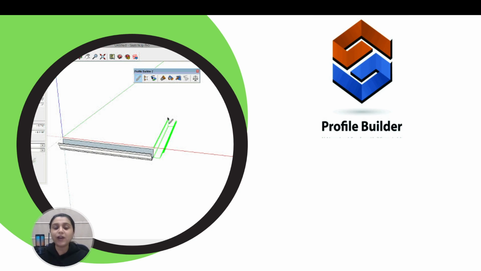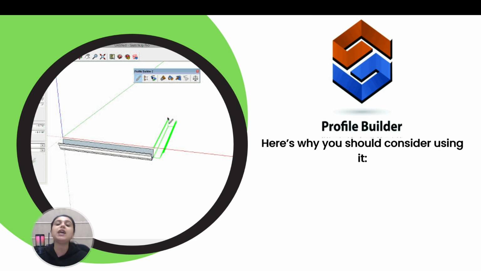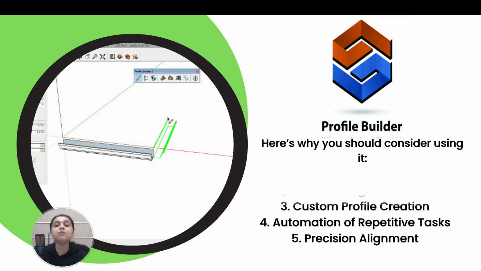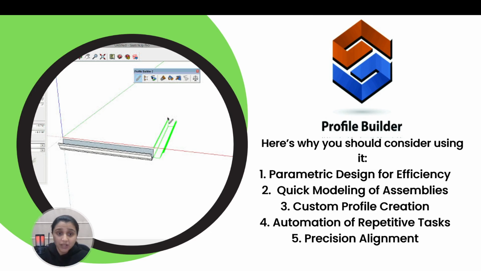Now, what Profile Builder basically does is that it is going to create a profile. So you have to give it a shape. Whatever shape you create, you give it a follow path, and it is going to create a profile in that. This is a very interesting tool given that these days in interiors, we are using a lot of things like skirtings, we have a lot of wall moldings. So for that case, this will help you create custom profiles. Number one thing you can do here is parametric design, it's a very good plugin.